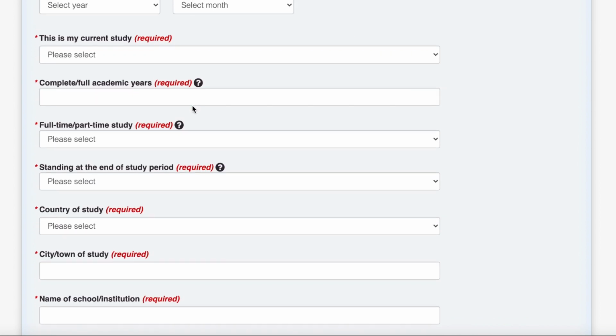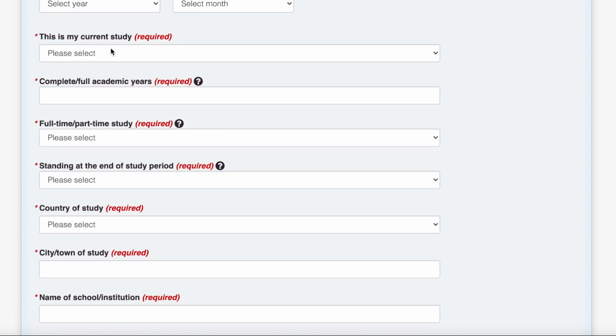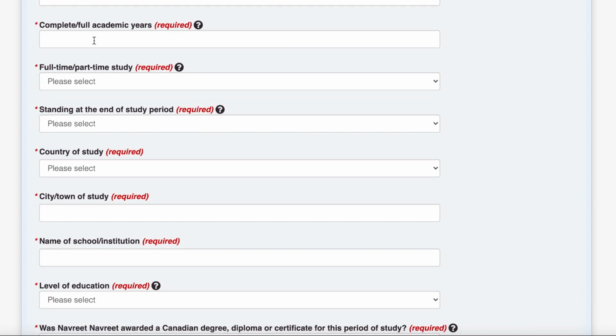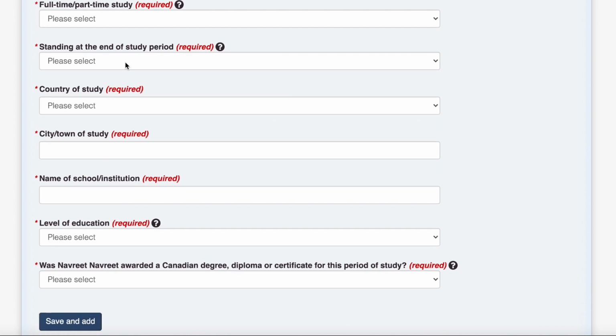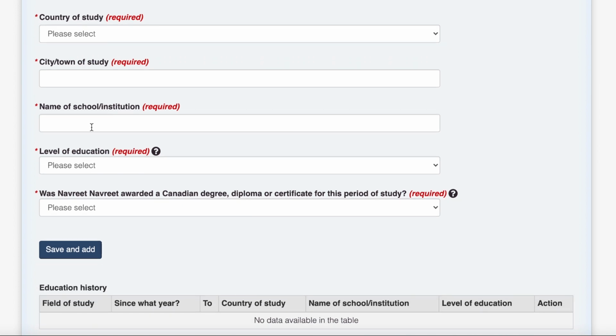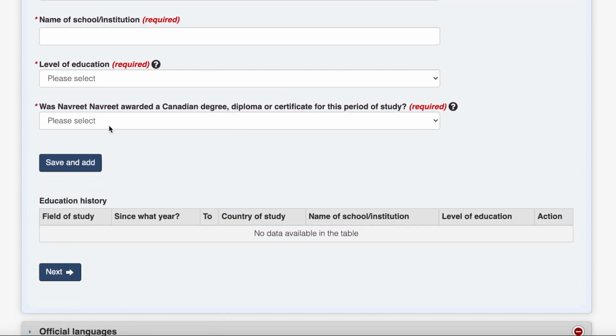Then you also have to select, is this your current study, or you have already completed it? How many years of study was it? Was it full time or part time? At the end, did you get a degree or not? Which was the country of study, name of the institution, level of education, and was it a Canadian degree or not.